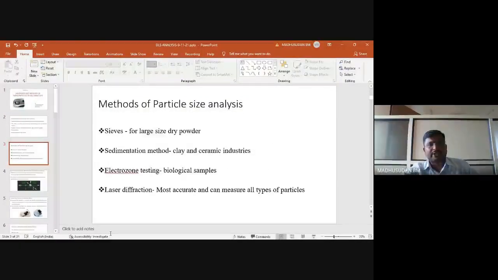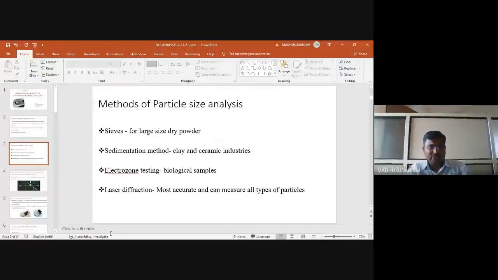Now, the methods of particle size analysis. There are several methods used to characterize particles at the submicron level. I wanted to clarify one thing earlier: I'm using the term particle here with reference to ceramic powder particles. Generally, the particle may be metallic, non-metallic, polymer, rubber, or a biological sample, whatever it may be. But I'm using the term with reference to ceramic particles because I have done my research on SiC nano-sized particles.